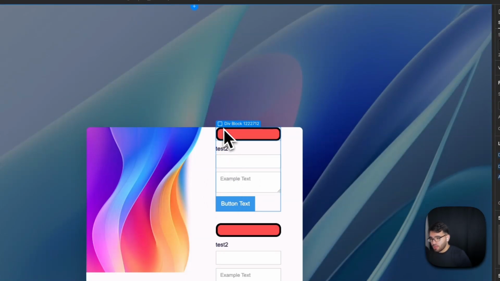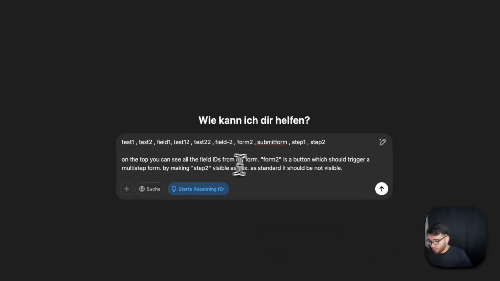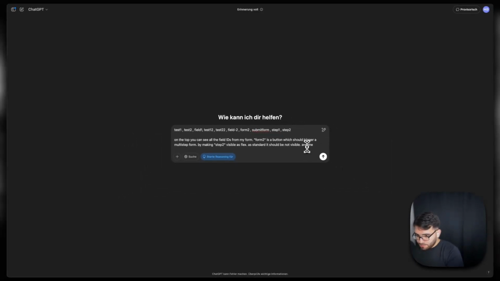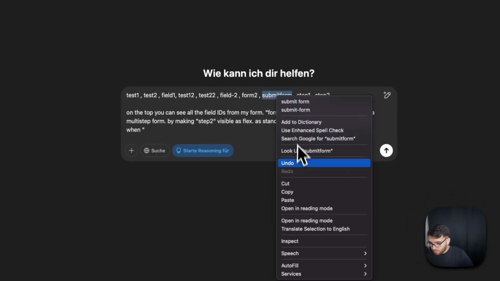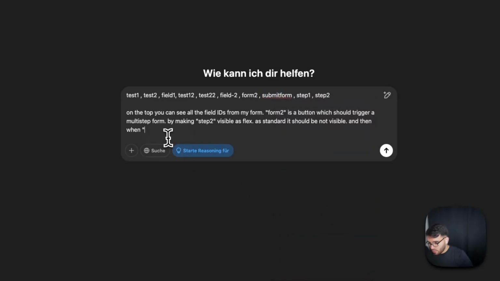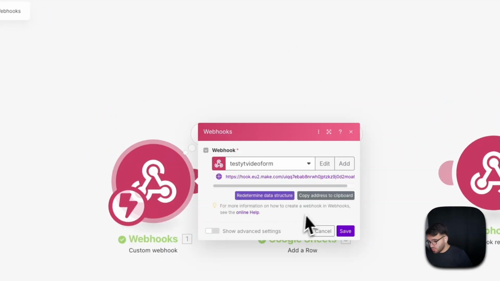So they essentially first see the first div, all of the fields right here. He clicks on form 2, which is the button. Okay, form 2 by making not flex. And then when submit form gets clicked, it should send a post request to, and we're just going to send our webhook automation copy address